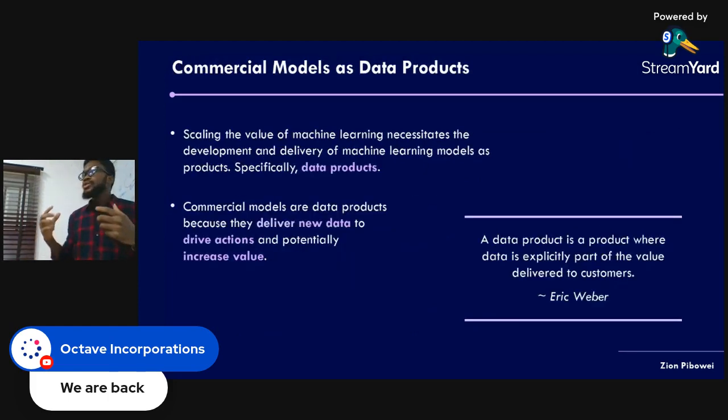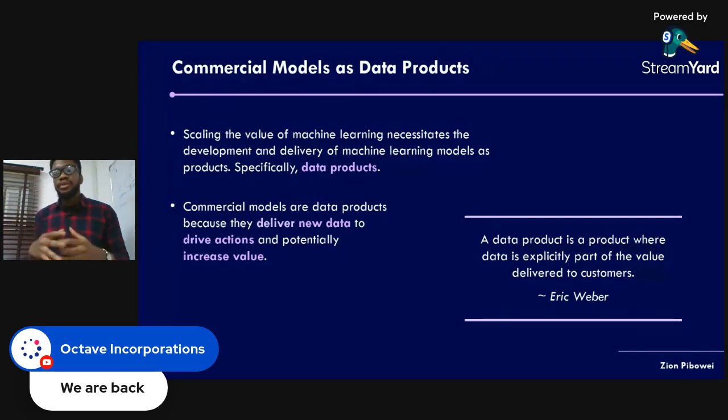Now, when we begin to operate from a reasonable scale and beyond, in fact, when we start using machine learning for commercial applications, we need to understand that to get the most value out of machine learning, we need to build and deploy these models as products, specifically as data products. Now, a data product is not just any kind of product. It's not just a type of software product. It's not the product that just merely generates data and delivers data. A data product is a product that delivers data as part of its major value proposition.